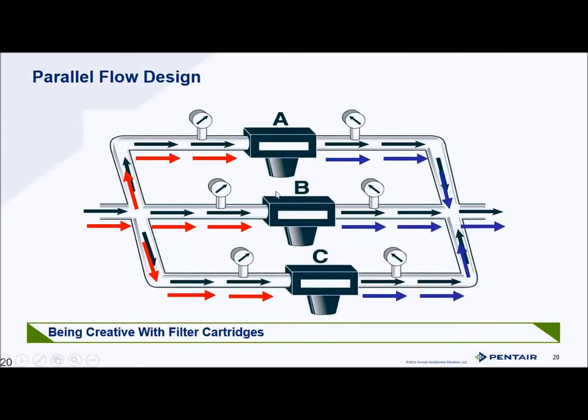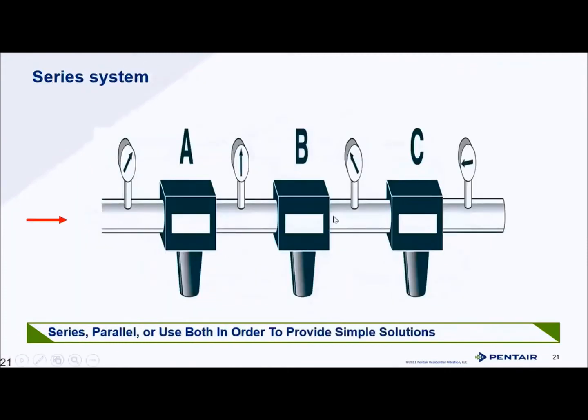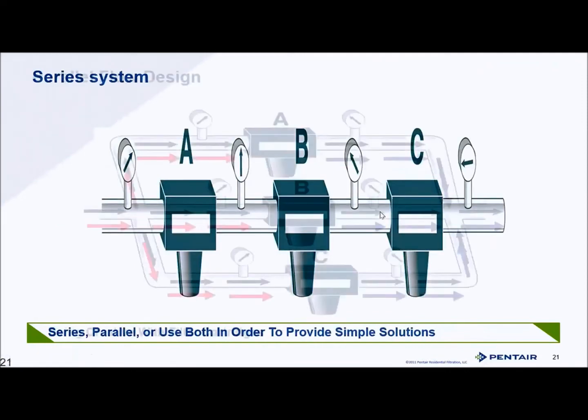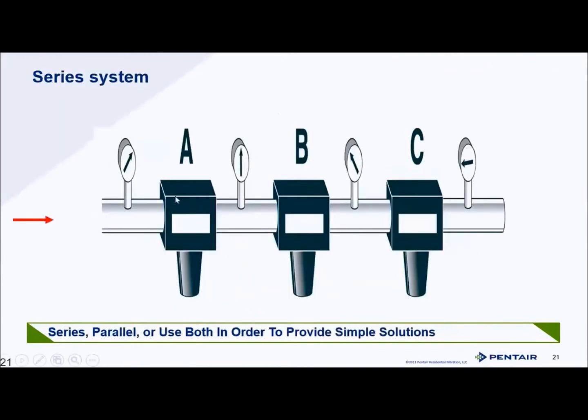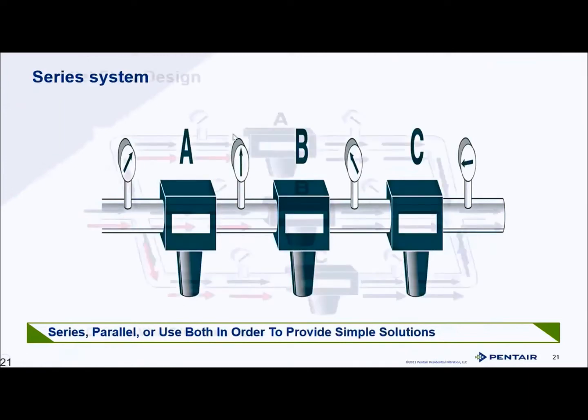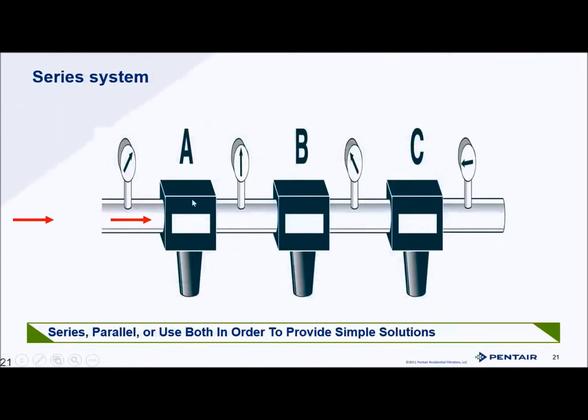So where could I see this being needed? In a large home with Flow Plus cartridges, where you can do up to 10 gallons per minute per cartridge, and you could get 30 gallons a minute through three of them plumbed on a wall this way. Now, if you needed sediment filtration in front of that, you could plumb series in front of parallel flows. So I could put a large dirt-holding pre-filter in front of a parallel flow and get both capabilities out of it. Or in series flow, I can design sediment,